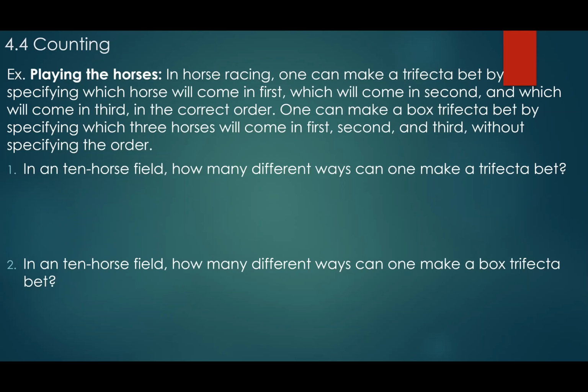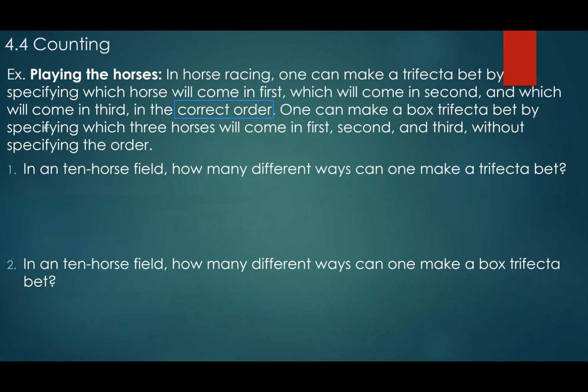So in order for you to win a trifecta, they have to come in the exact order, right? The horse that you choose to come first has to come first, the horse you choose to come second has to come second, and the horse you choose to come third has to come third, in the correct order. The other one: one can make a box trifecta by betting